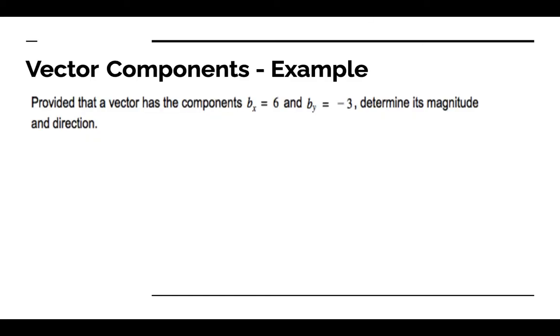So as an example, provided that a vector has the components bx equals 6 and by equals -3, we want to determine its magnitude and direction. In order to determine the magnitude, again the magnitude is a hypotenuse,